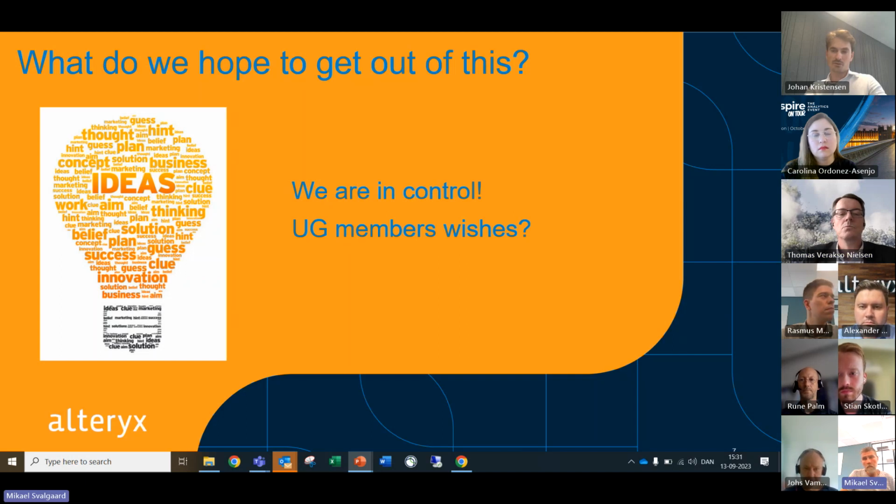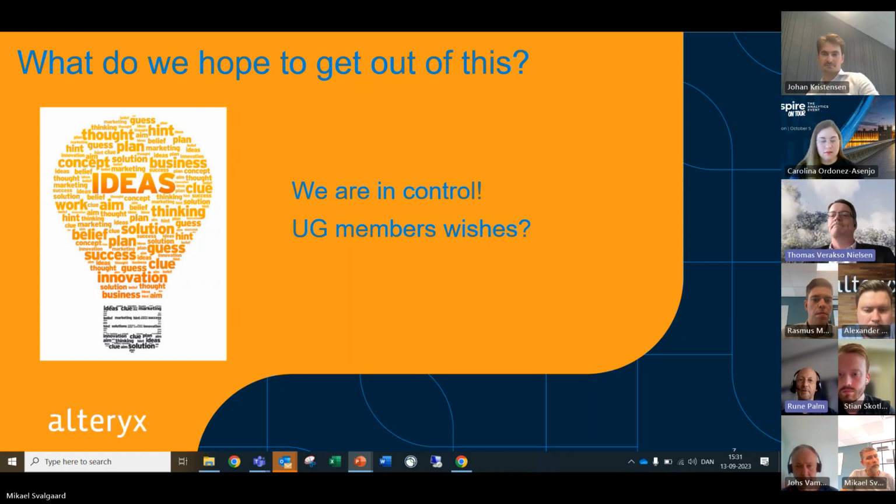Any other ideas? Yeah, Rune, you have one? Yeah, I always find it interesting to see how other organizations benefit from Alteryx.